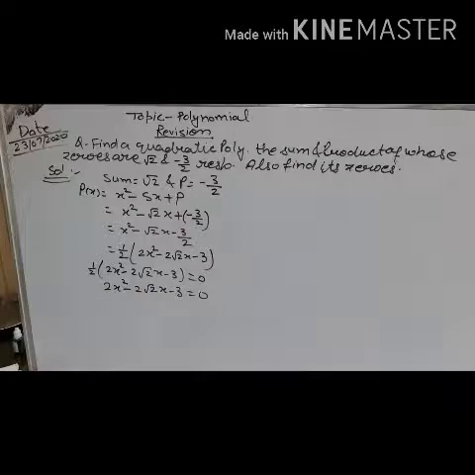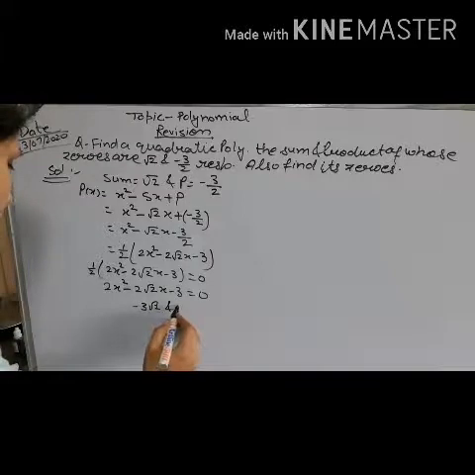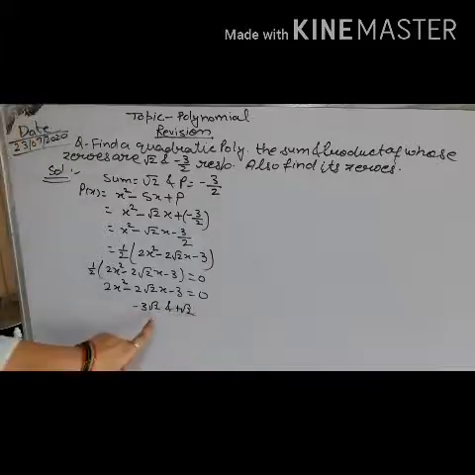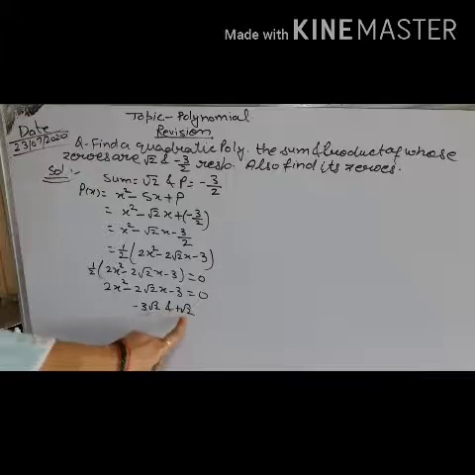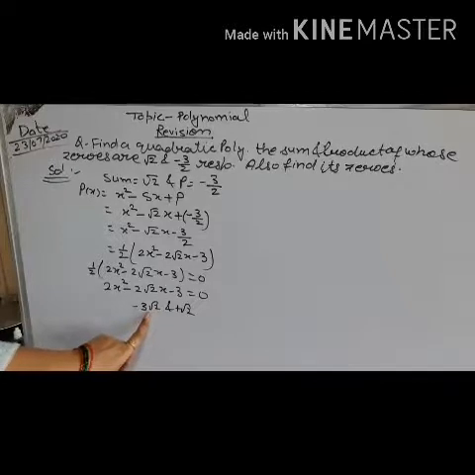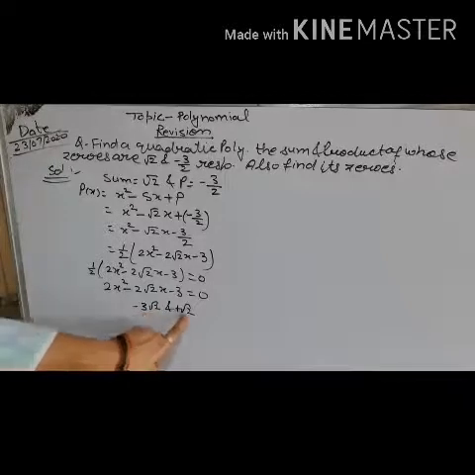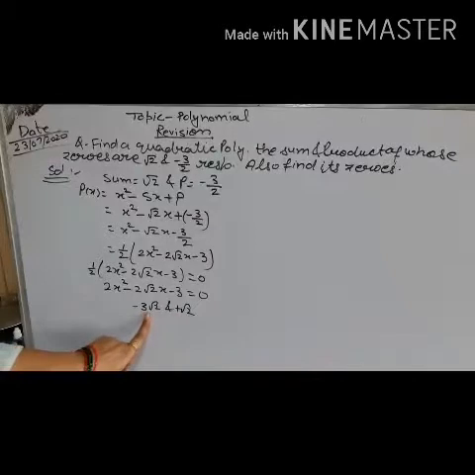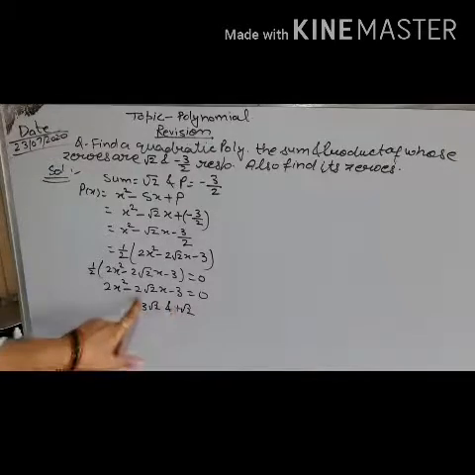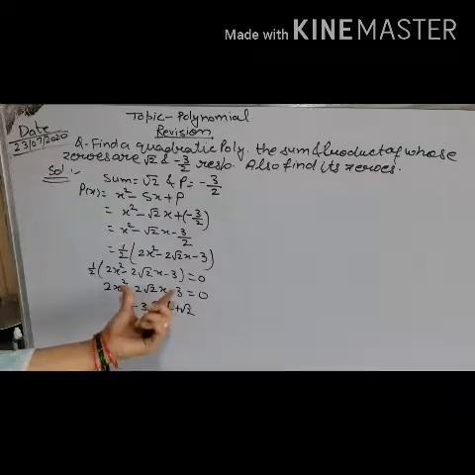So how can we write this term? Can we write this term as minus 3 times root 2 and plus root 2? The product of these two terms is root 2 into root 2 which is 2, and 3 2s are 6. Product is minus 6 and the sum of these two values is minus 3 times root 2 plus root 2, and this sum is equal to minus 2 times root 2. It means these two values satisfy this condition.